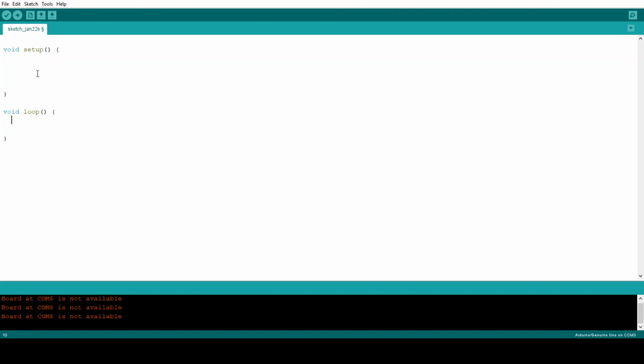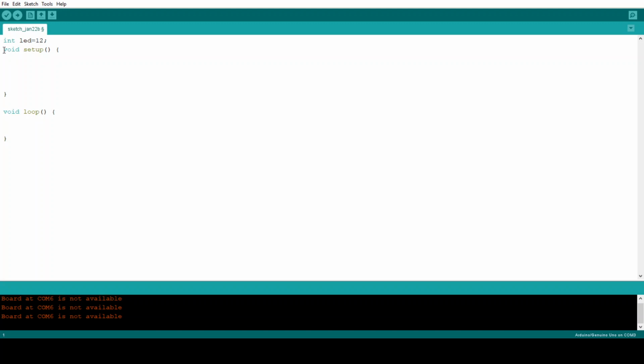Okay, now let's see how to blink an LED. We have to use an Arduino Uno board and one LED, and how to upload the code. Okay, first whatever modules we have to take, first we initialize the modules. Initializing the module means first int LED equal to 12.